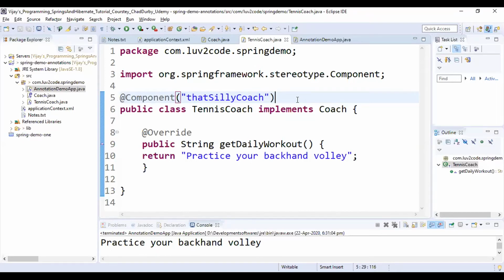Now Spring is identifying this @Component as the annotation that is related to Spring, and we are able to fetch that bean from the Spring container.